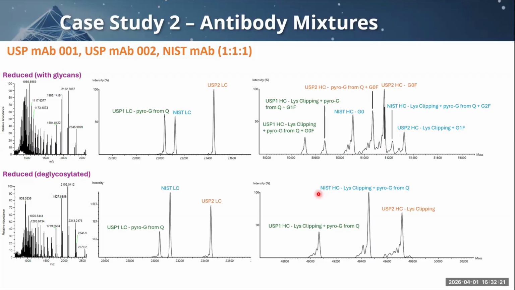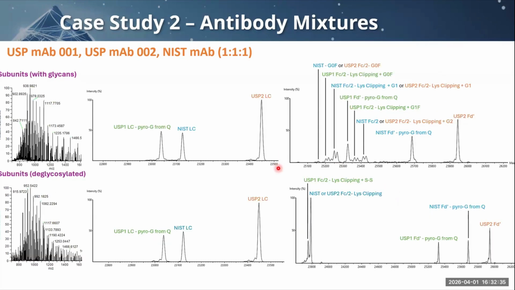Looking at the deglycosylated versions here, you see the 3 light chains for the 3 antibodies, and you see the 3 heavy chains. So everything is in line with what is expected. If we look at the reduced subunits,